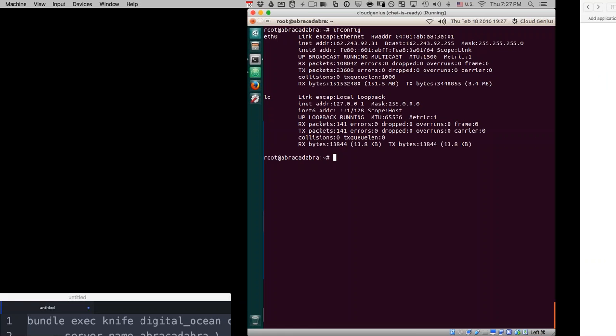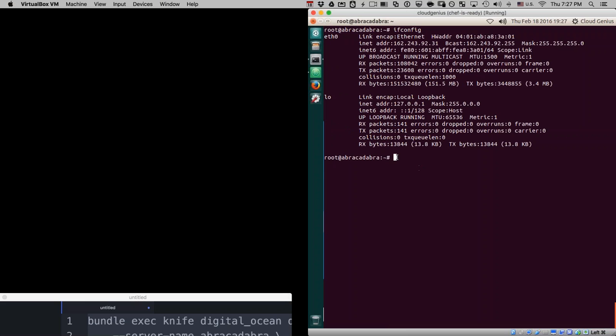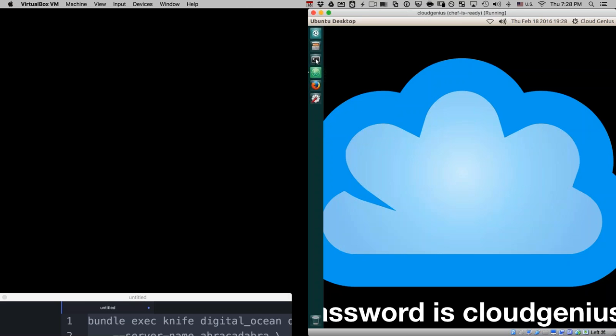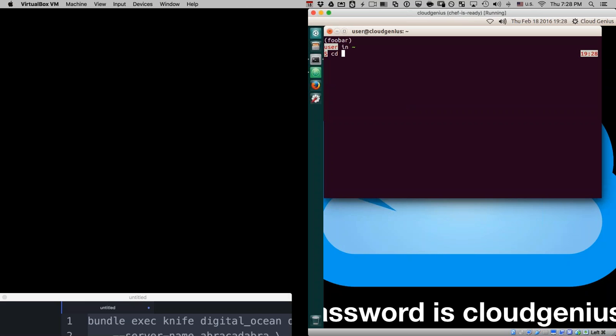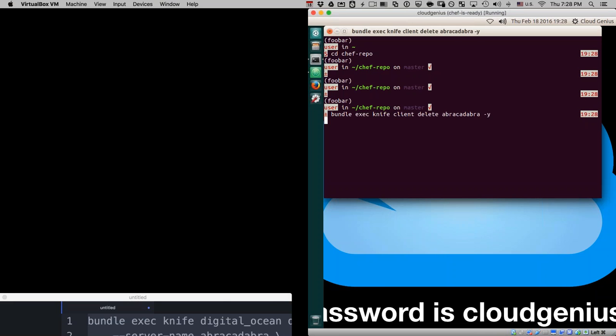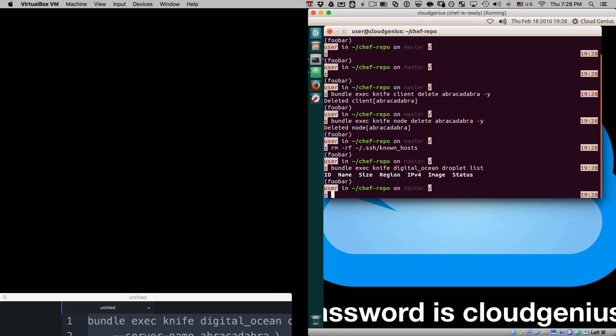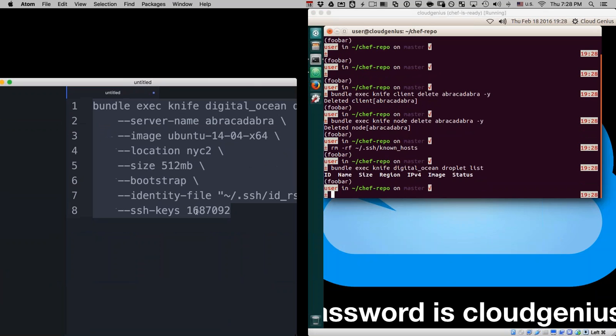And I will go back to my machine here. The droplet is, by the way, dead, so this is not going to respond to us. We are going to close the terminal and come back to our terminal again and go to the Chef repo. And in here, we are going to run those cleanup steps. So delete the client, delete the node, delete the known host file, and check for droplet list. We should get an empty list. Good. So we are clean now,